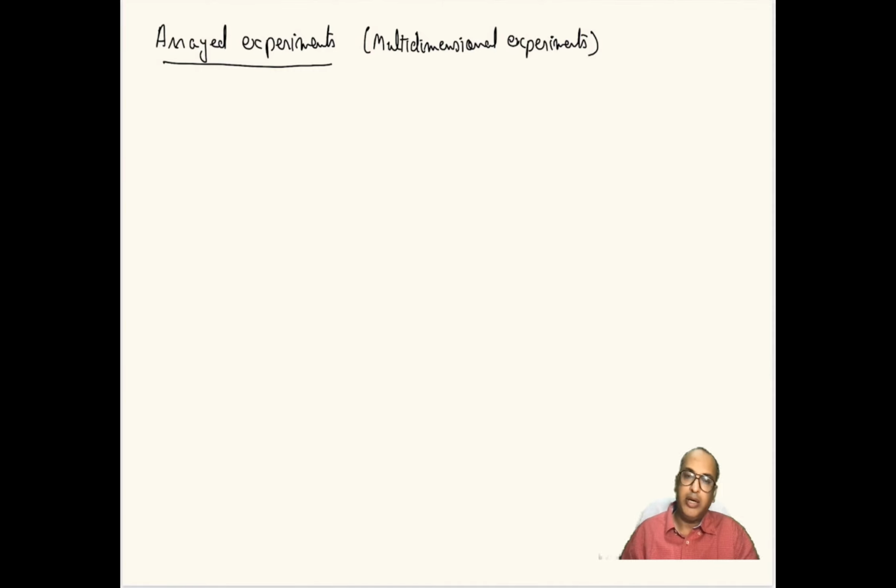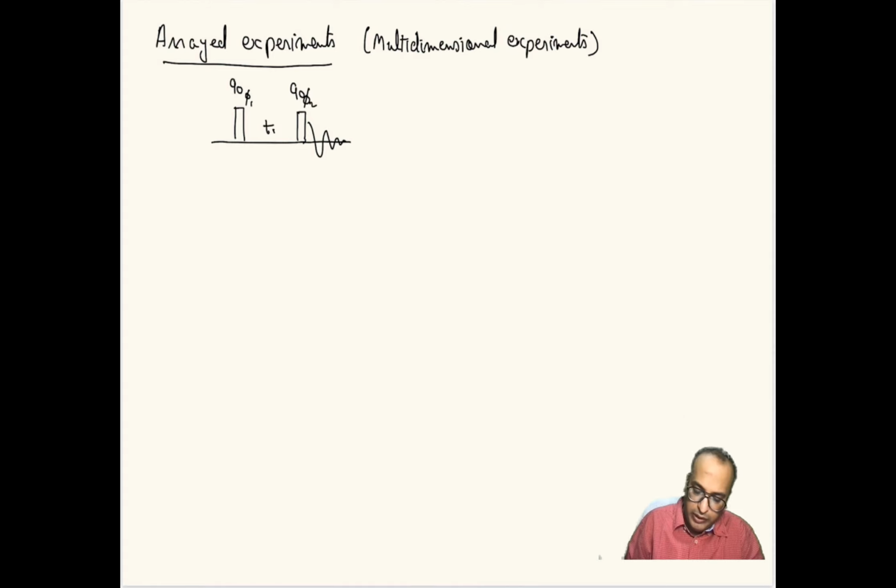So let us take a look at the following pulse sequence. It's a very basic pulse sequence with a 90-degree pulse, a delay called T1, followed by another 90-degree pulse, and then acquisition, right? Okay, so let us label these. So phi 1, 90, phi 2, and phi receiver, right? So this is a standard nomenclature and this is T2 here.